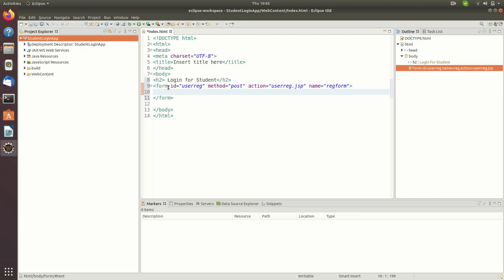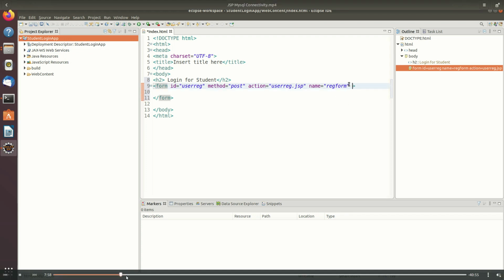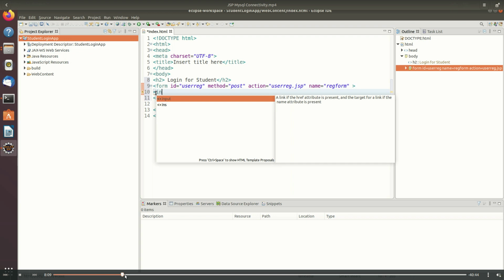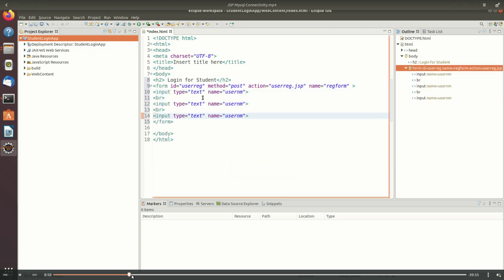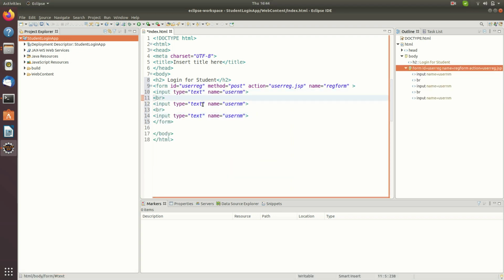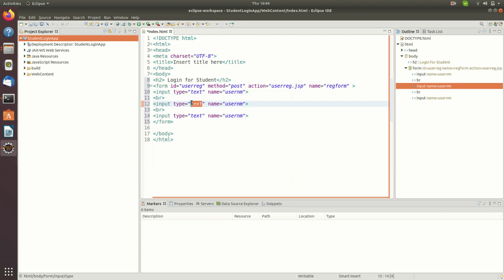Now the form tag contains nested input tags. The first input tag that I have used is for the username. So its type is text, name is username. The second input tag is for the password, and its type is password and name is user pass.